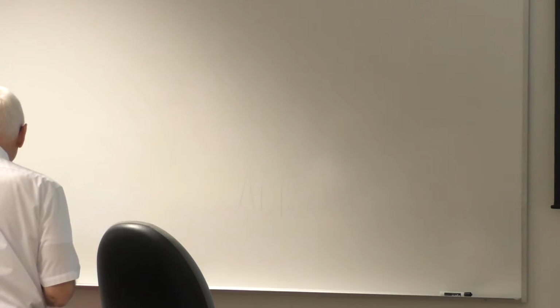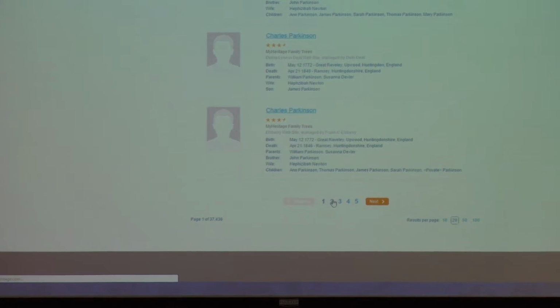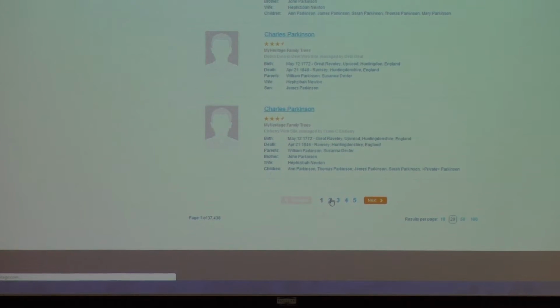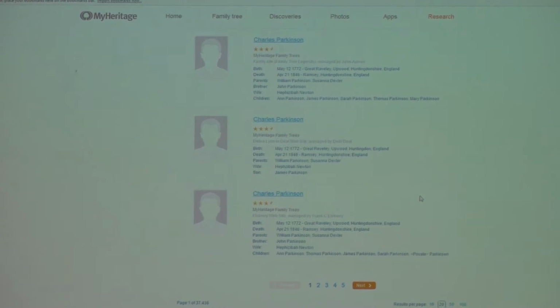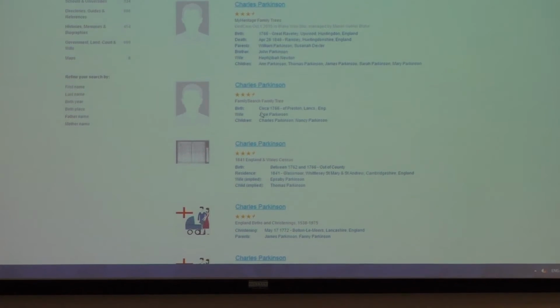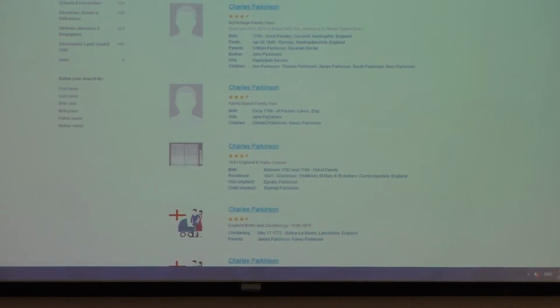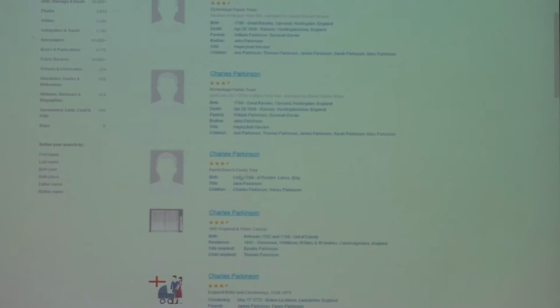Okay, but now we're going to go down through all of these family trees, because we don't see anything that we're interested in. And we go to the second page and keep looking down through all of these entries. By the way, there are 37,436 ones to go through, which I probably won't do today. But down here, we're starting to see something different. We see a FamilySearch tree for Charles Parkinson, and this one really is in Lancashire. And this is the one that was getting confused with my